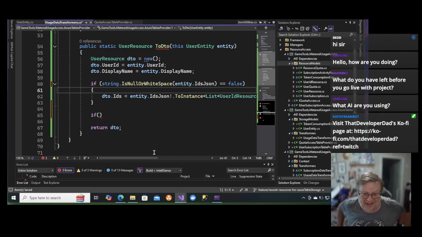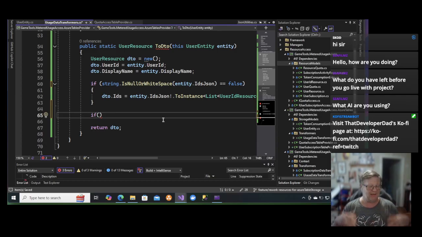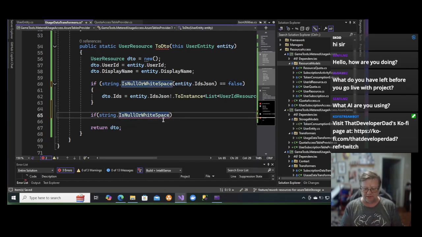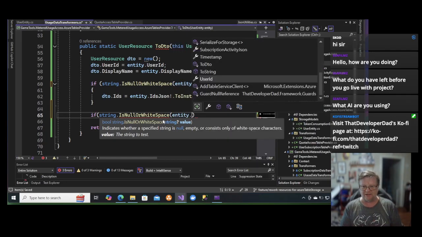I will die on that hill that that's easier to read and therefore is the superior way of doing it. I don't care if it saves an extra eight keystrokes. I am so unconcerned about that. String.IsNullOrWhiteSpace(entity.SubscriptionId)